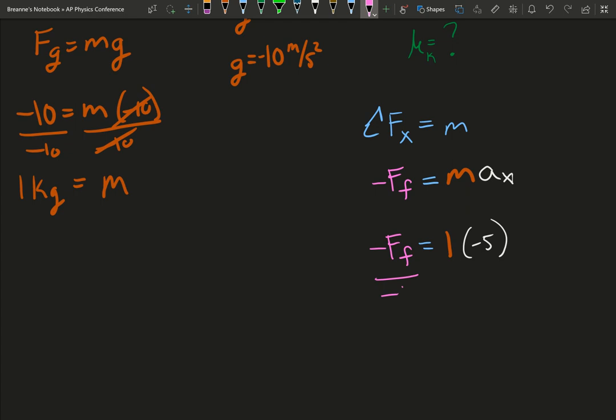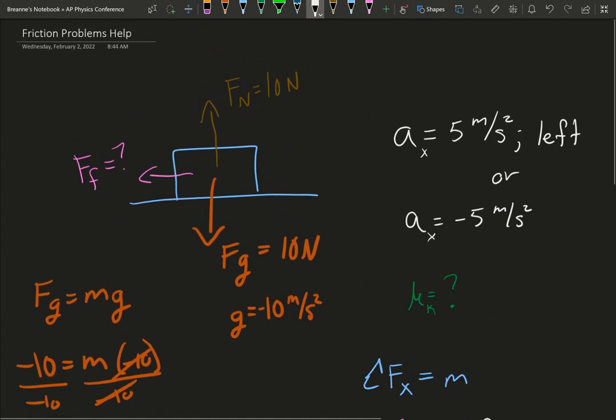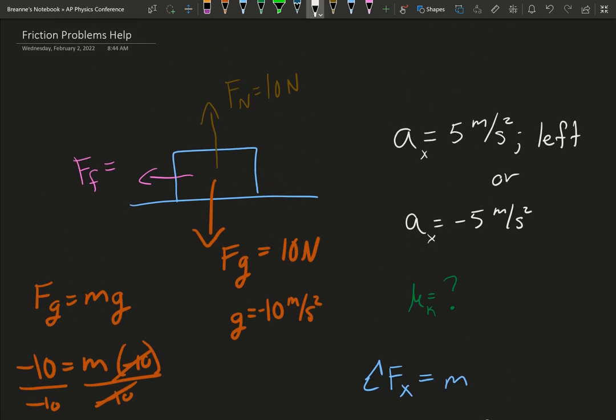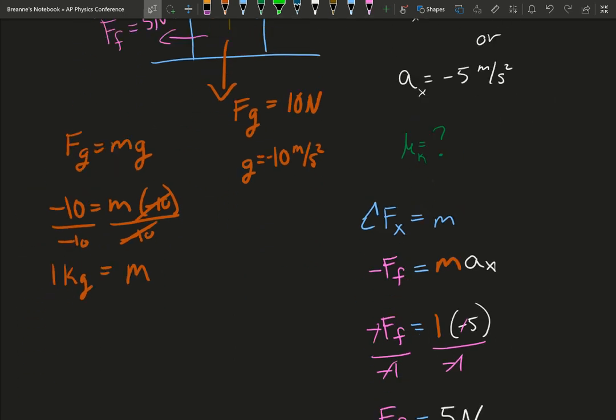So we can get the negative over here, and it cancels out that negative, so force of friction equals 1 times 5, so force of friction equals 5 newtons. Now that we know our force of friction is 5 newtons,